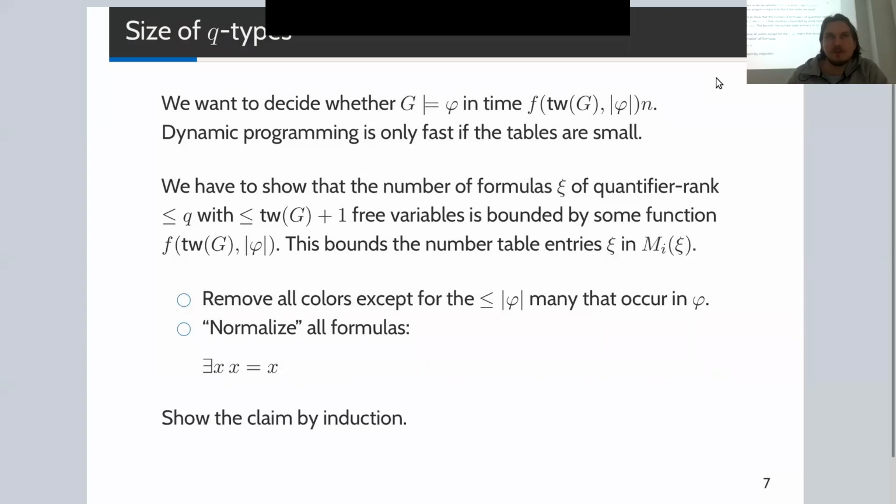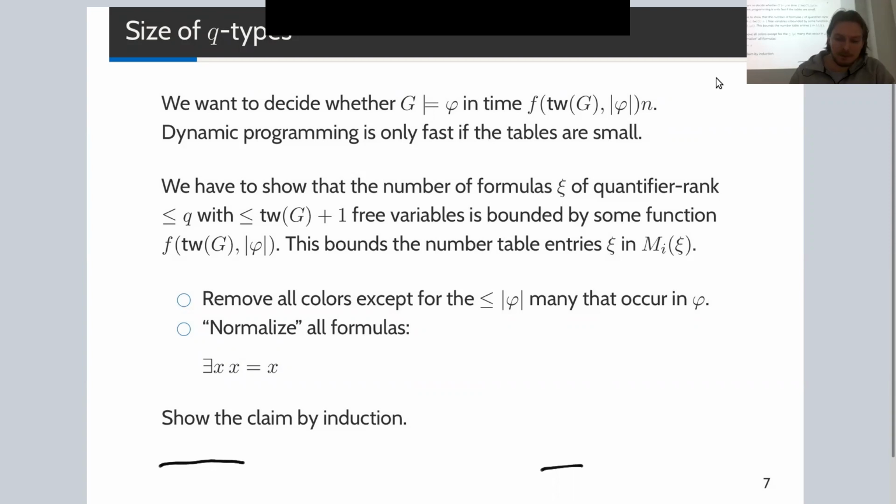So we'll prove this by induction with the base claim being q equal to 0. So we have quantifier-free formulas. And I want to argue that the number of quantifier-free formulas with at most k variables will be 2 to the 2 to the O of k squared phi. So it's double exponential, but it depends only on the number of